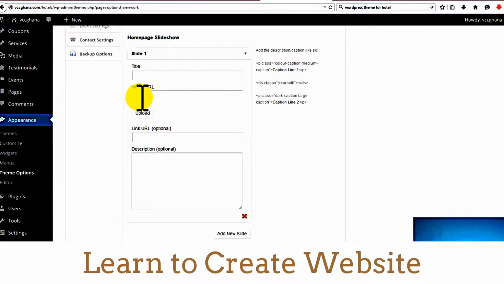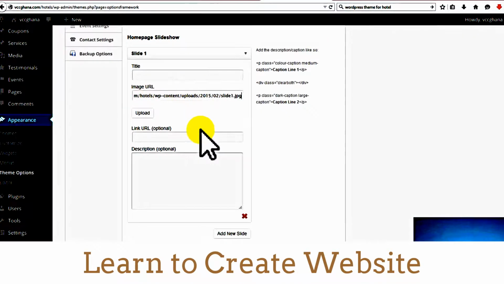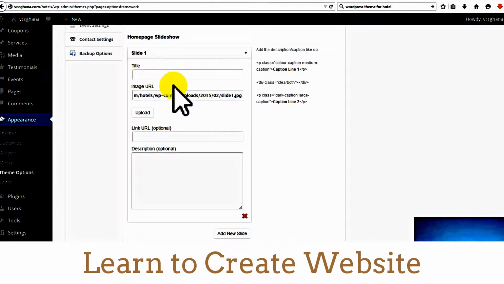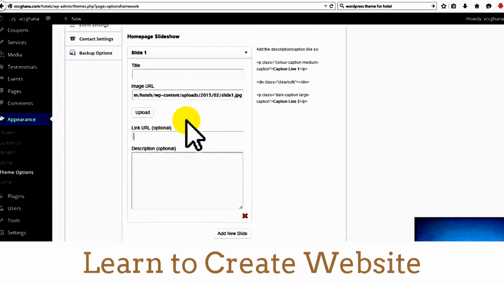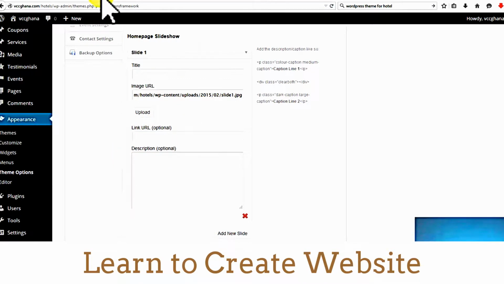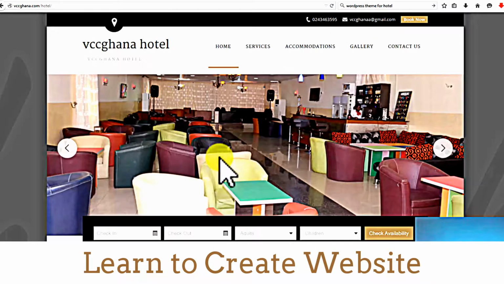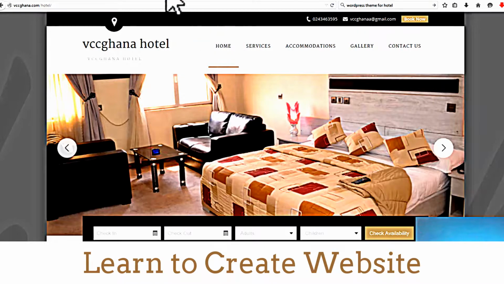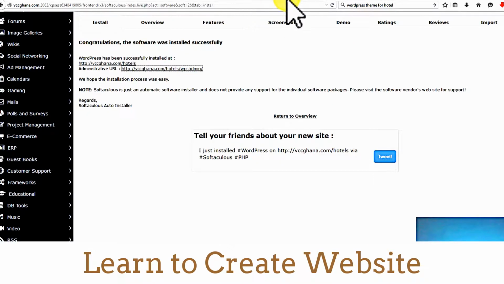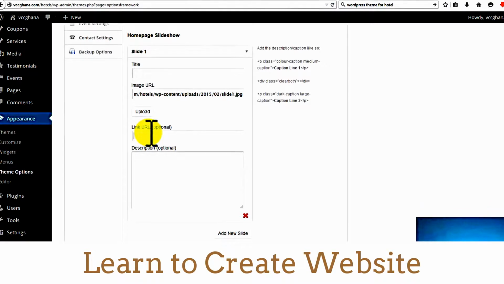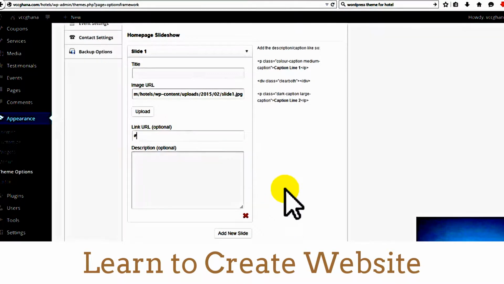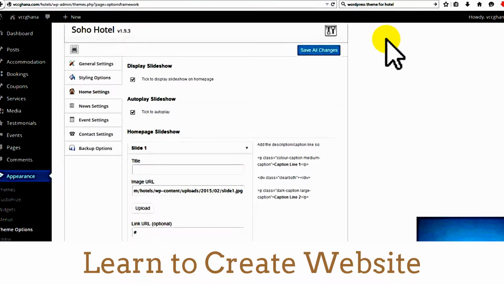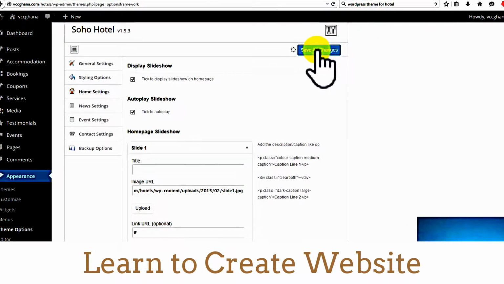Okay, so I'll just copy my image URL here, so you can see it's here. If you want to put a title, that will be in front of the slide, you put it here. Then here is link URL. That is when they click on the slide, where do you want it to take them to? Like for instance, as it's rolling, if I click on it, if I want it to take me to a page on our website, I can just put it there. But as it is, I don't have any page, so I'll just put my pound sign here, and that's all. Okay, so now all I need to do is click on save changes